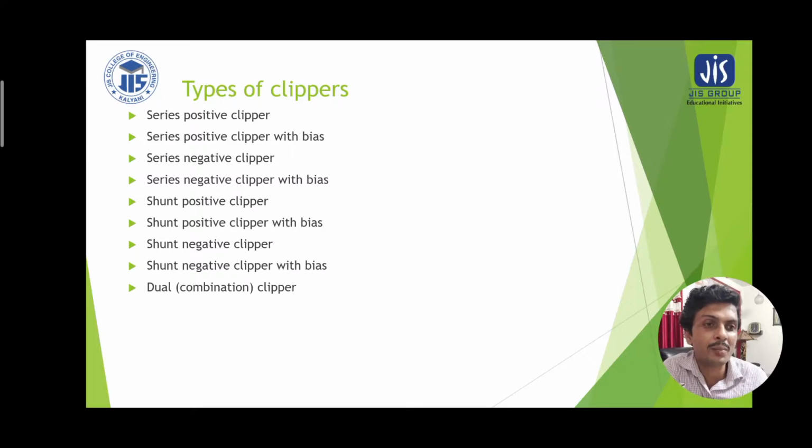Thereafter, the dual combination clipper. It is a hybrid clipper where series and shunt connections are mixed, and we will find out what typical combination may provide some specific requirement of a circuit where protection is required. We are always talking about protection circuits because clipper circuits are nothing but protection circuits where the unwanted level of voltage is removed, either beyond the positive voltage or below the negative voltage.